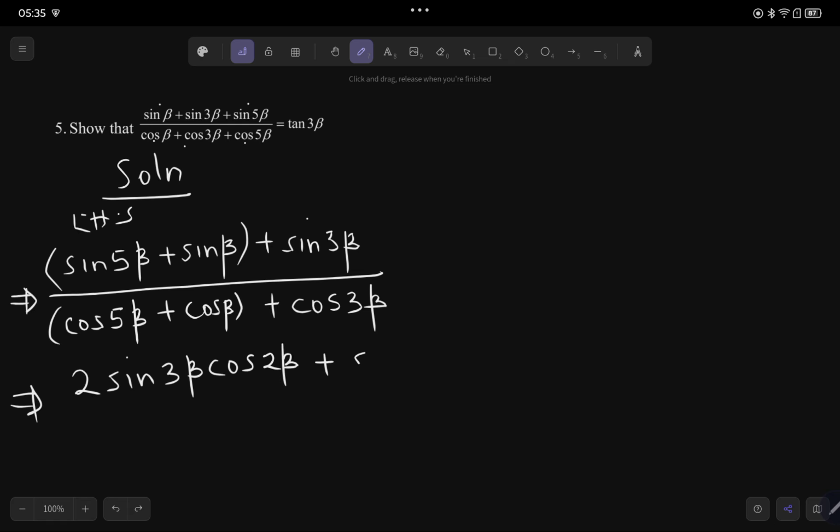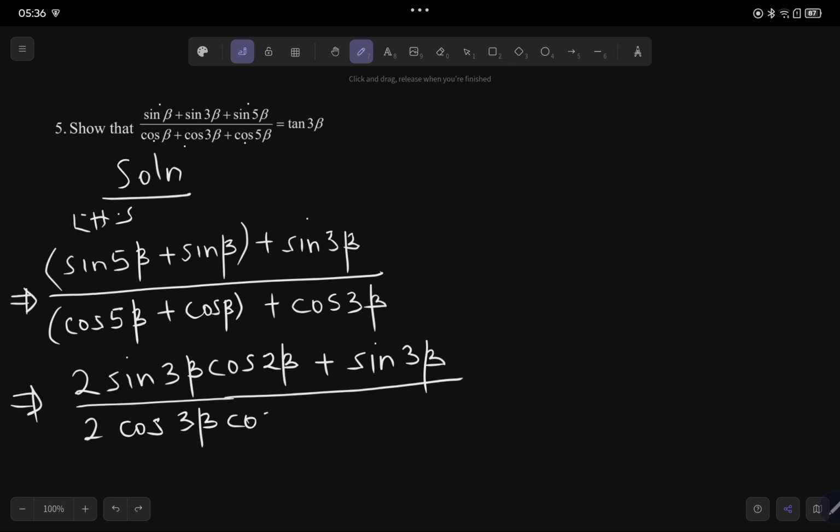Then plus sine of 3 beta over cos plus cos is 2 cos cos. So 2 cos 5 beta plus beta 6 beta divided by 2 is 3 beta. 5 beta minus beta is 4 divided by 2 is 2 beta. So cos 2 beta. Then plus